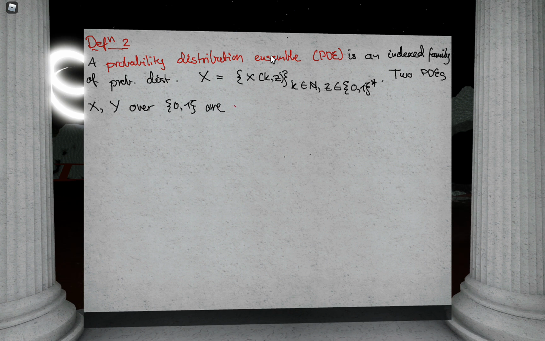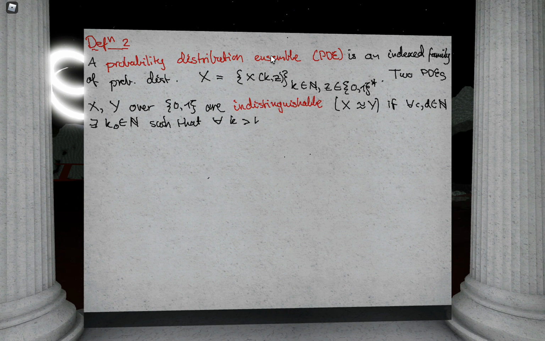We say they are indistinguishable, and we will write X approximately equals Y if for all c and d we have k0 such that for all k greater than k0 and z of length at most k,